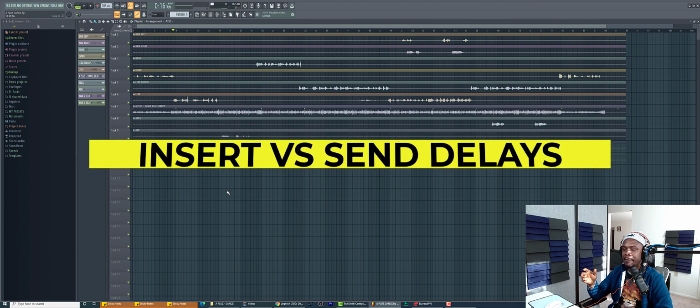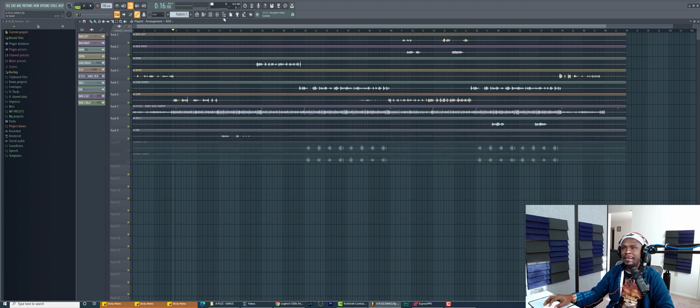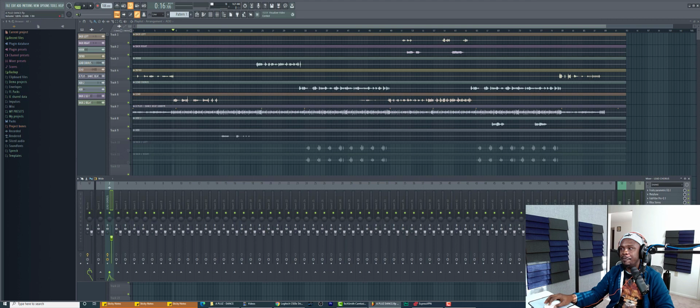First things first, you can either use a delay as an insert or a send, right? You can decide to load it in the insert channel, or you could use it as a send. For me, I tend to use it more as a send because I want to have several plugins sharing the same delay. But sometimes if I want a sound like a melody to have a very special type of delay, I could just use it as an insert. One key rule to note is that when you use it as a send, you must put it at 100%